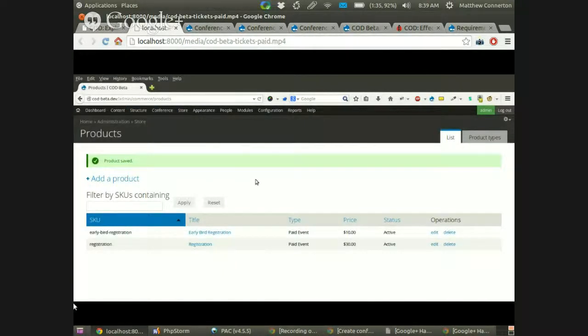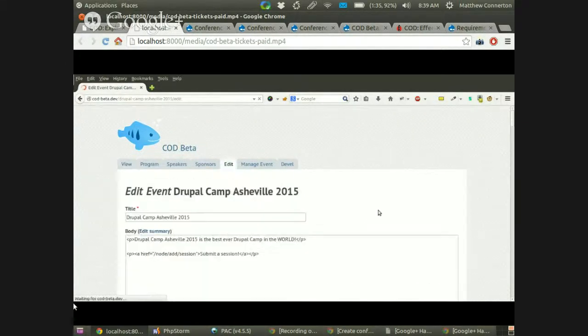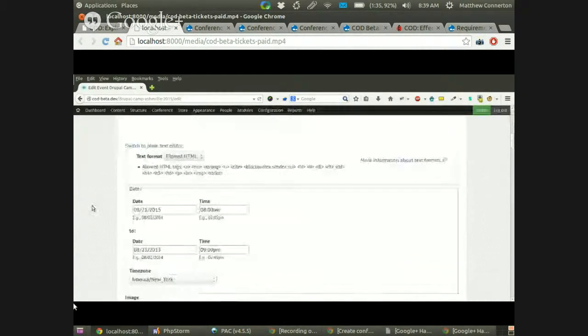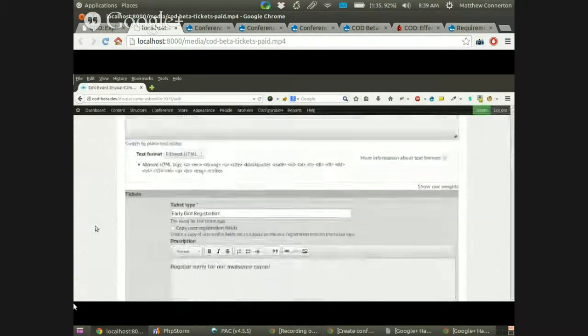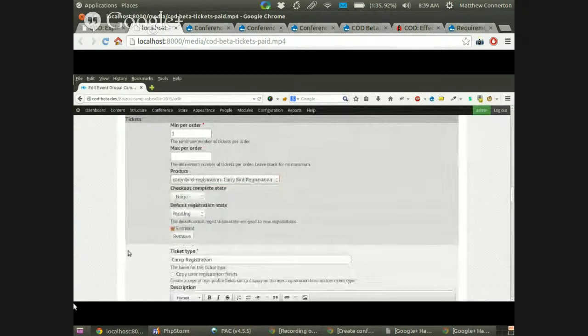So now I'm going to go back to my event, and I want to edit those tickets and assign the product to those ticket types. So let's go home. I'm going to click on Edit. Now I'm going to go down to my ticket type, and now that drop-down for products is actually going to have products in it. So I'm going to select Early Bird for the first one,